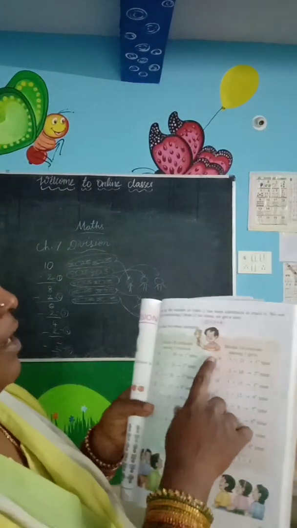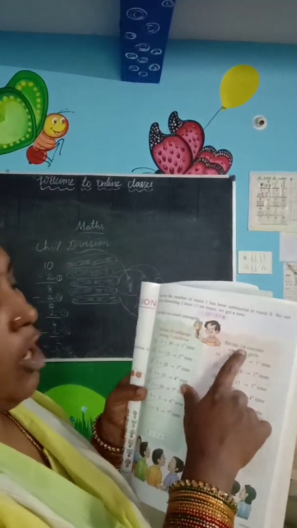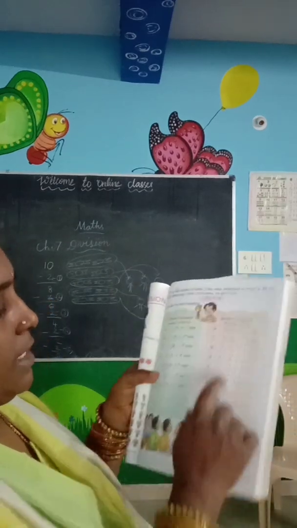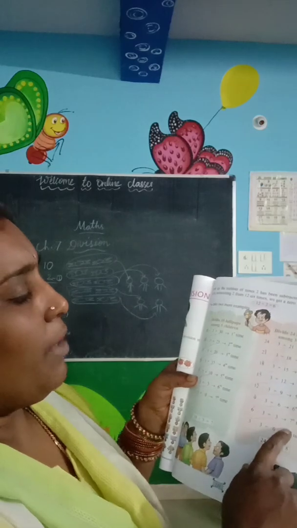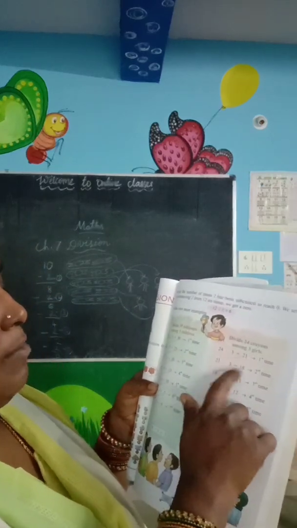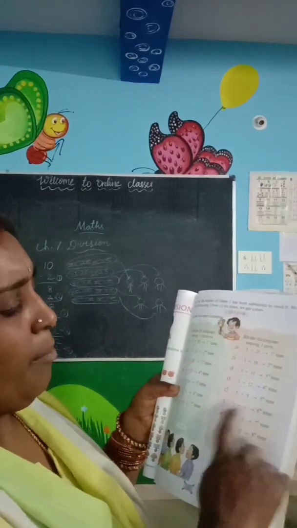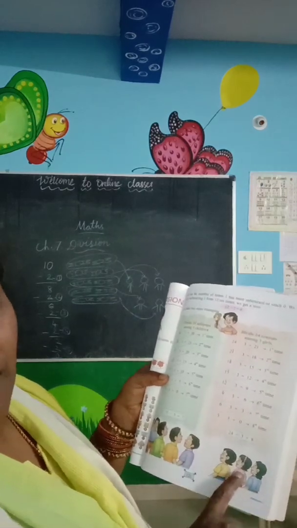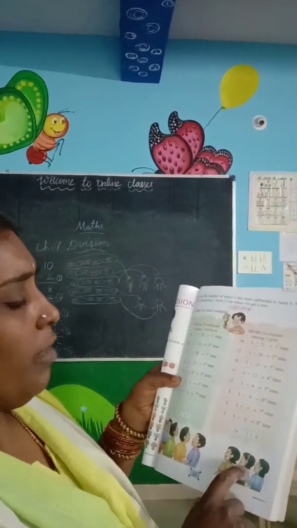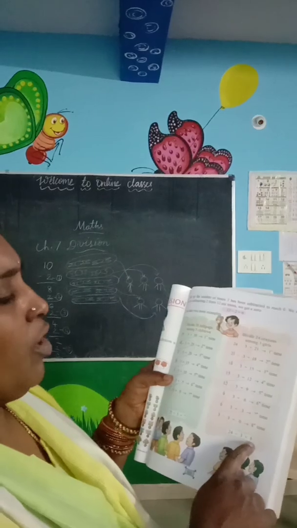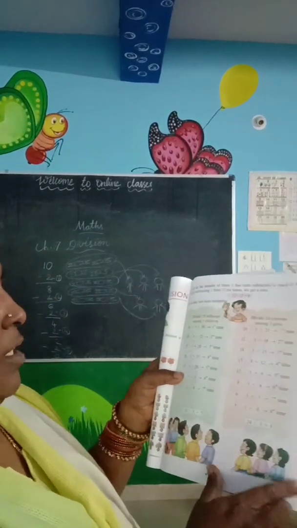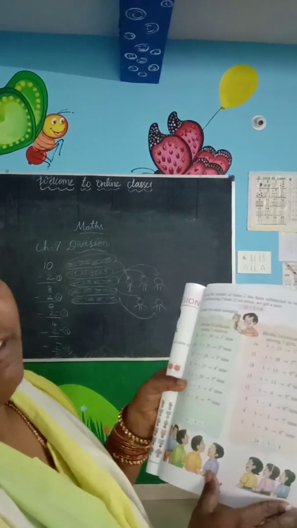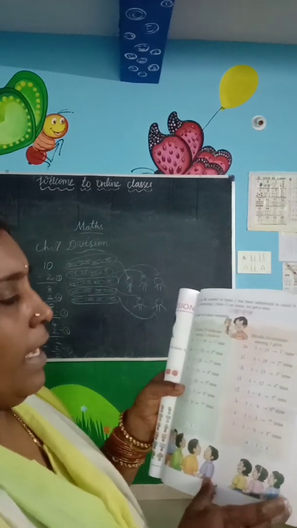In the same way, division of 24 crayons. See, 24 minus 3, as only 3 children are there. Minus 3, minus 3, minus 3. For every number, we do minus 3. When we get 0, that many times we have to count. So here we have counted 8 times. So 24 divided by 3 is equal to 8.